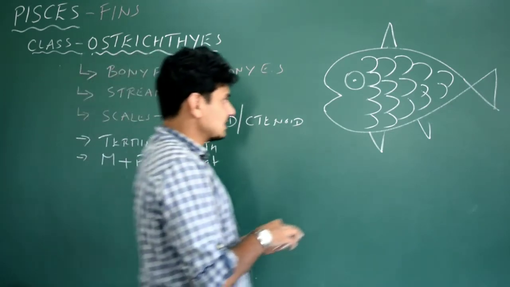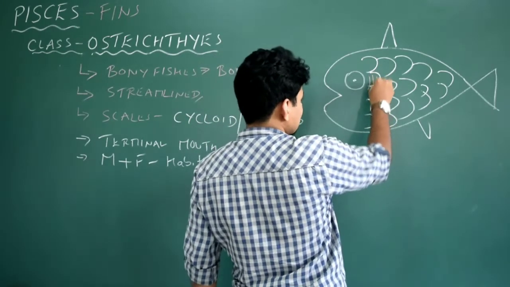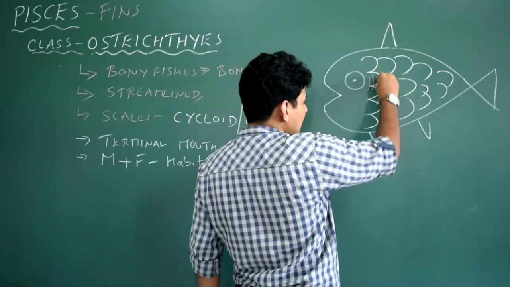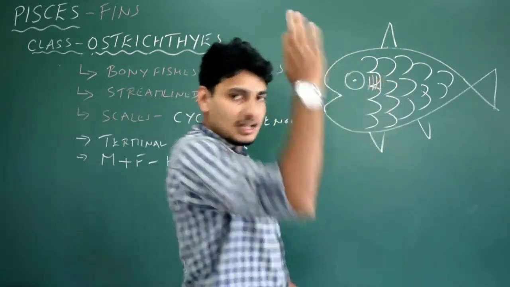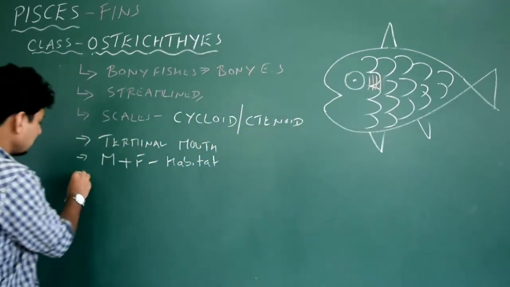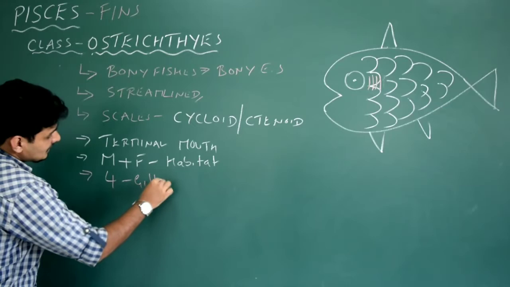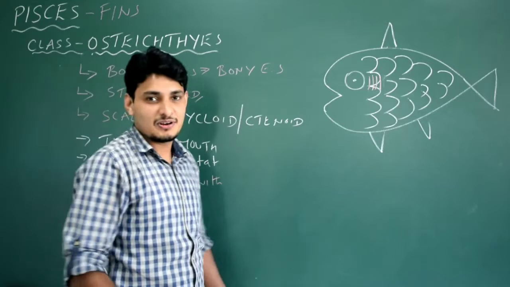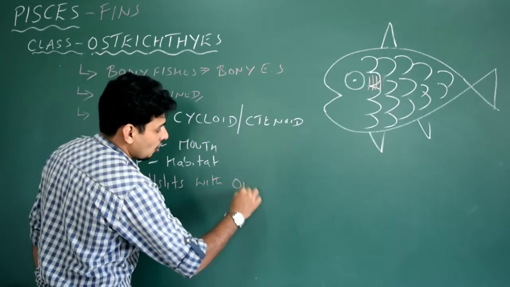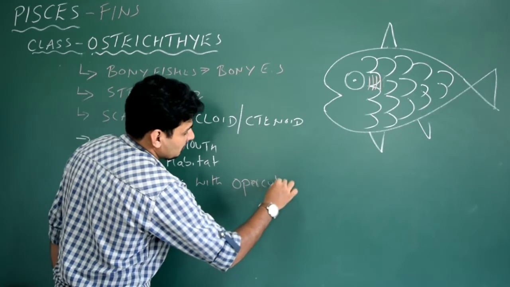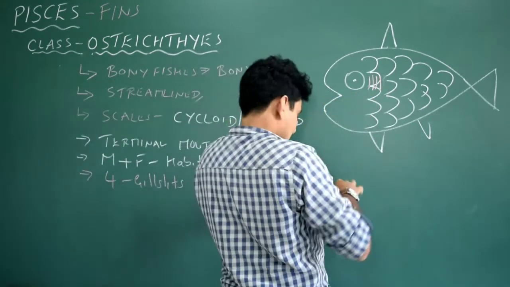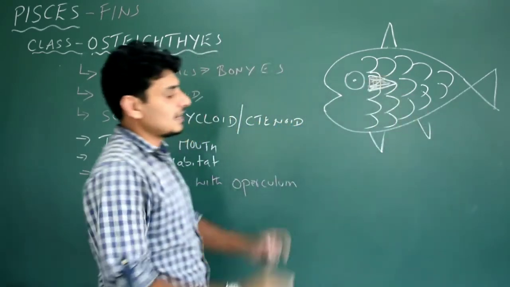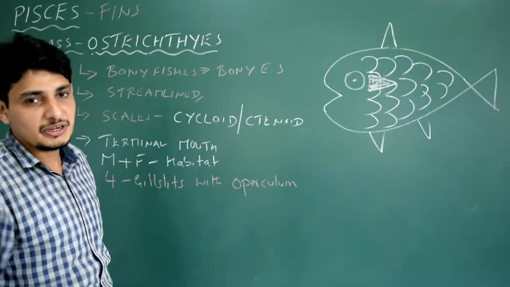We talk about its gills now. Do they have gill slits? Yes, they have gill slits. How many are there? 4 pairs. I have written 5 here. So this side you see 4 gill slits, the other side you see 4 gill slits. So please write down that, very important: 4 gill slits with gill cover. What do you call the cover of the gills? Operculum. So operculum is present. Here in this case, these gill slits are protected or covered by a type of triangular structure called the operculum. Done.